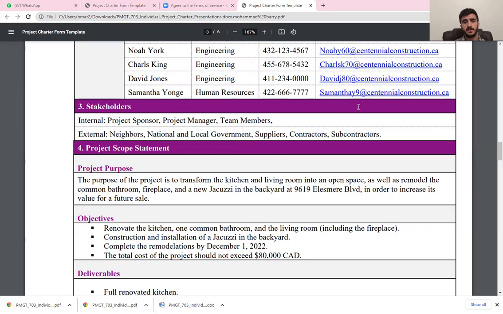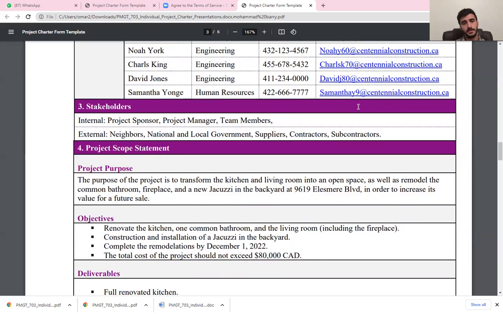The project purpose is the thing that's supposed to be done in the project as it's planned to be implemented by the end of the project. So the renovation process that we suggested to our client is to open the kitchen to the living room to make the house look huge with a huge area, and make a common bathroom, and dig a huge hole at the backyard to provide a jacuzzi, which is going to make the house look fancy and nice, and of course a fireplace, which is going to increase the value of the house, bringing more customers and selling it faster than before.